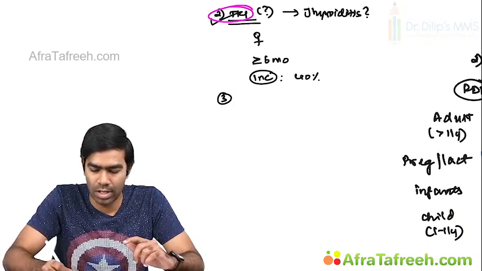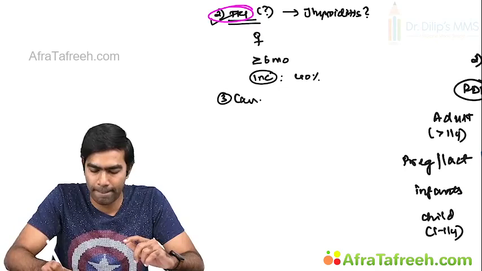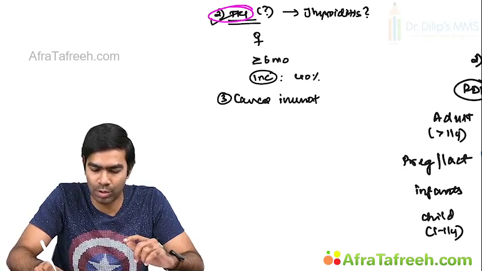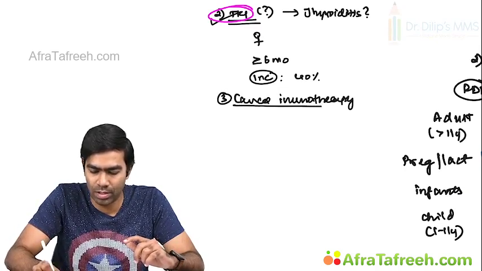Number 3 are the cancer immunotherapy drugs. Drugs that are used in cancer immunotherapy in the current era. So these are checkpoint inhibitors, right? So what is cancer immunotherapy? This goes back to 2018, where 2 scientists got the Nobel Prize for the discovery in 1992 of these immune checkpoints. These are the things that negatively regulate the immune system. So there are 2 scientists. One is James P. Allison and the second one is Tasuku Honjo. These 2 got the Nobel Prize in 2018 for Physiology or Medicine for discovering these immune checkpoints, negative immune regulators,